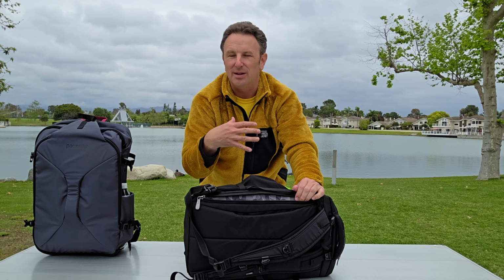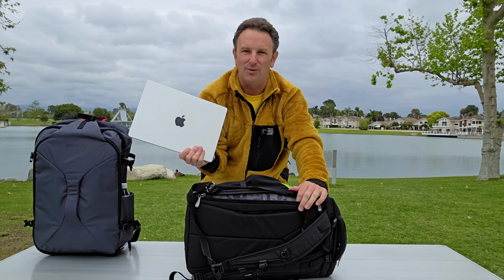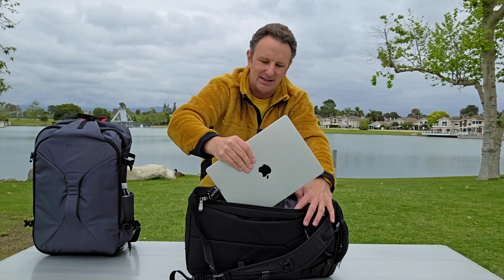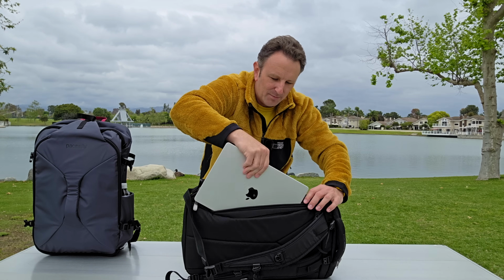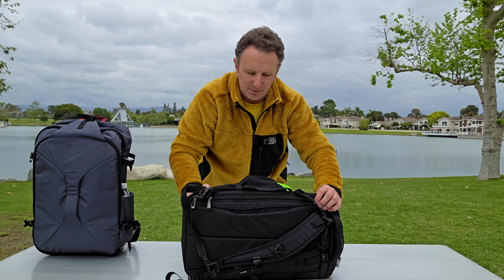You want these things to be a little bit hard to open, so it's hard for people to get to, so that they can't get to your stuff without you noticing it. And right there is the laptop on the back in this little compartment. I like putting the backpack someplace where it's close to your back because that's just a good place for the